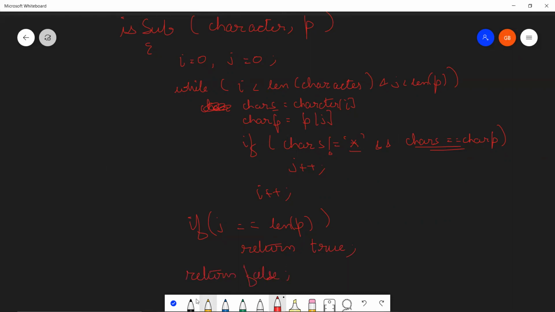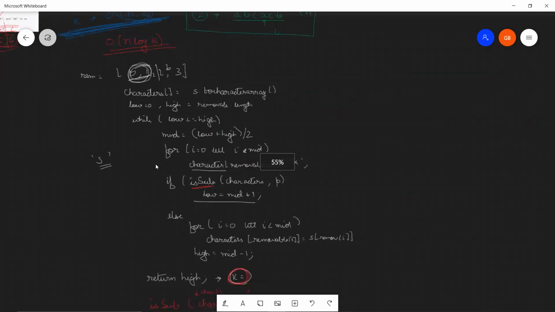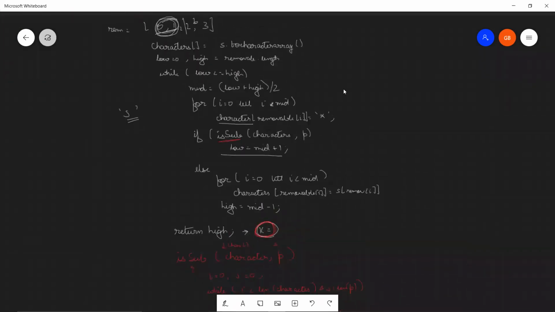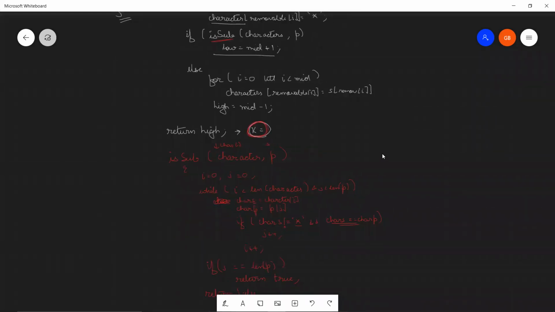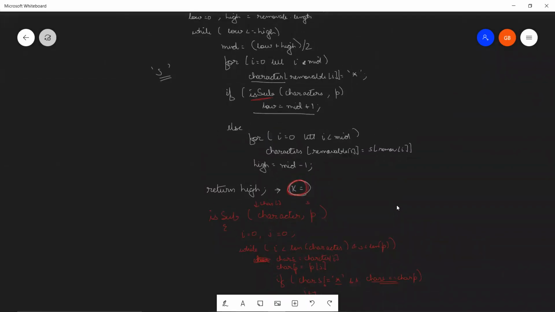I have explained how we are going to use binary search over here. I have used binary search to find the optimal mid value till which we are going to remove. After removal, we send this inside isSubsequence. If it is actually a subsequence and we are returning true, this means that we need to check the upper half of the array, because till mid we removed the indices, yet we were getting a subsequence, which means our answer can be in the second half. Otherwise, our answer will be in the first half. So I hope the explanation and the pseudocode was clear to you.